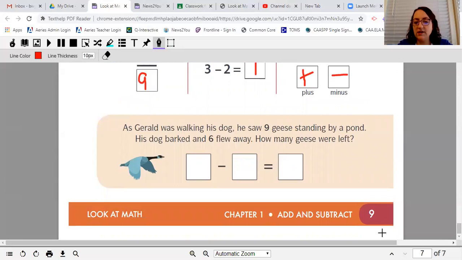As Gerald was walking his dog, he saw 9 geese standing by a pond. His dog barked and 6 flew away. How many geese are left? We have 9 and 1, 2, 3, 4, 5, 6 flew away. So we have 1, 2, 3 geese